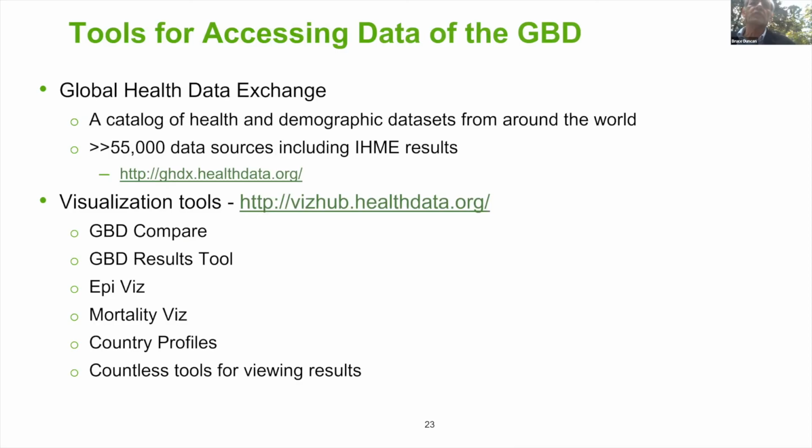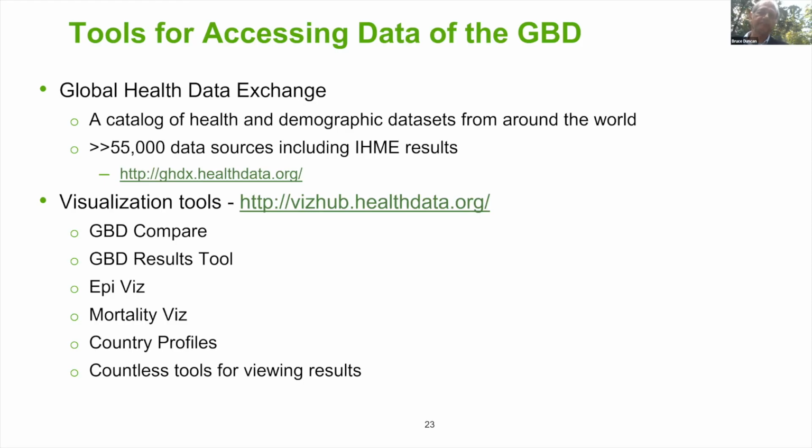In terms of tools, if you want to use the data, you need to get access to it. So what are the means of access? First is the Global Health Data Exchange, which is a repository of, well, in 2016, there were 55,000 data sources. So in 2023, there are probably certainly more than 100,000 data sources, which the GBD has assembled. Publications, microdata from surveys, mortality data from the mortality data systems around the world, etc., which is the basis of